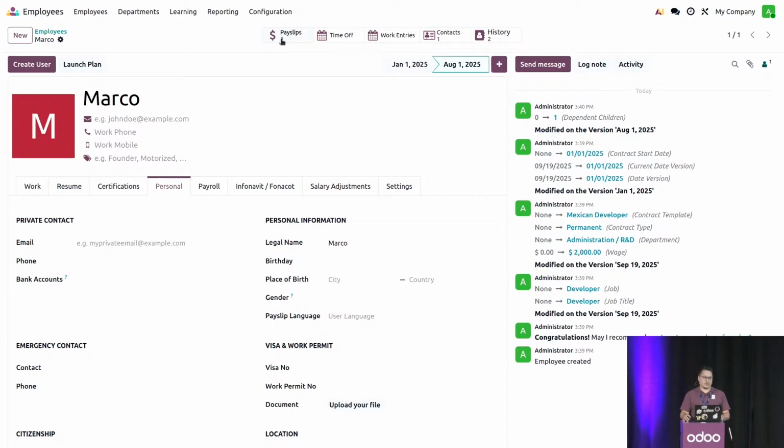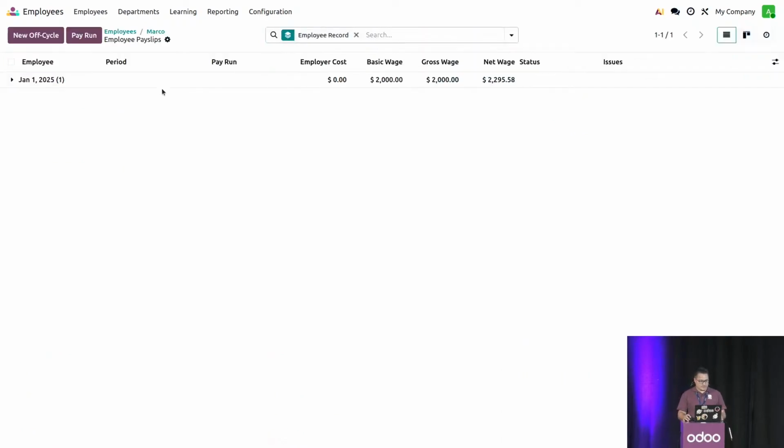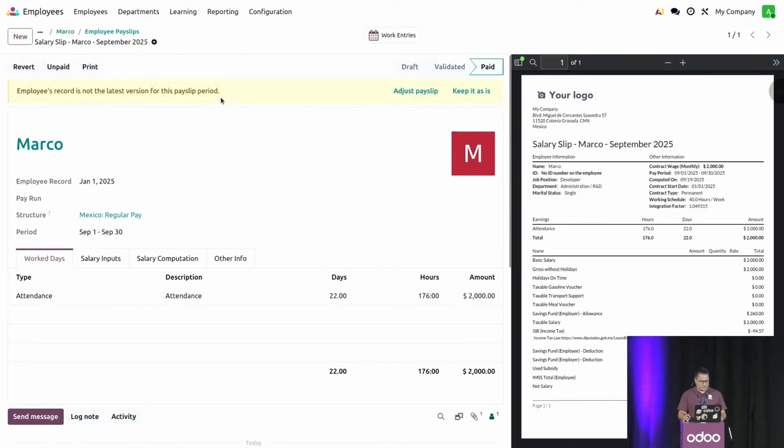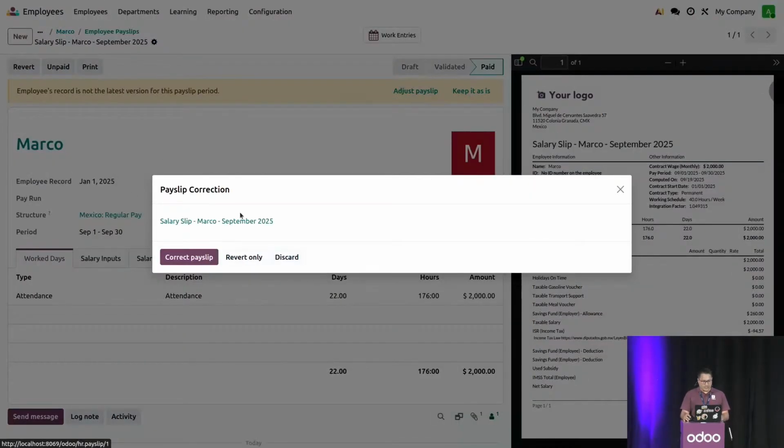So now, if I go back to my payslips, I can see that there is a warning telling me that the employee record that was used for generating this payslip is not the same one which is valid right now for Marco. So I can adjust the payslip and correct it with the new adjusted information. So let's say I adjust the payslip, and here I'm gonna correct this payslip for Marco. So I'm gonna just click correct,